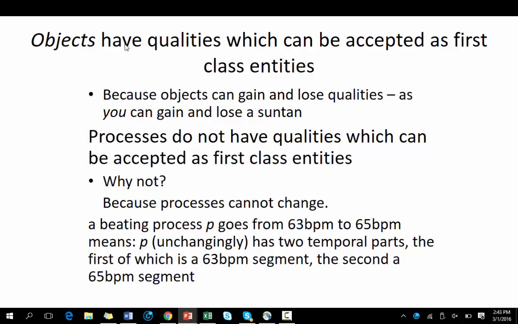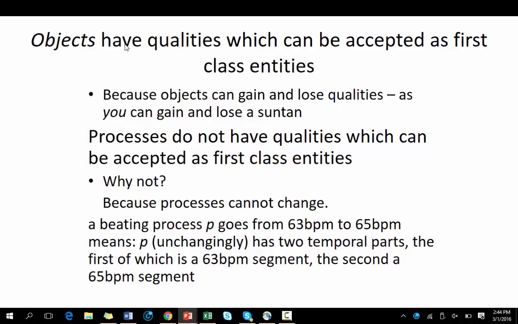Processes cannot change. A single process goes from 63 to 65 beats per minute. What that means is not that one process is at one time 63 beats and another time 65 beats per minute. Rather, what it means is that the process has two temporal parts. The first temporal part is a 63 beat per minute process, and the second temporal part is a 65 beat per minute process. So the graph of the process looks like this, and the way to understand this 63 beat